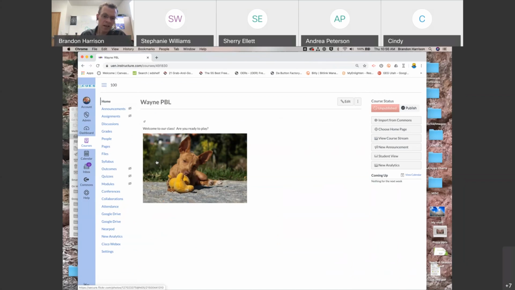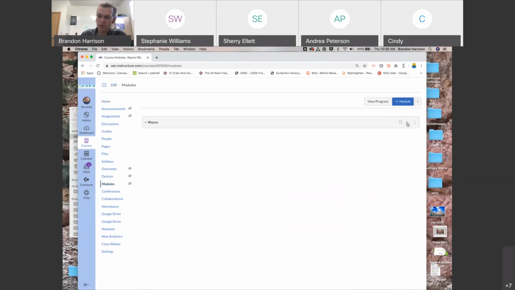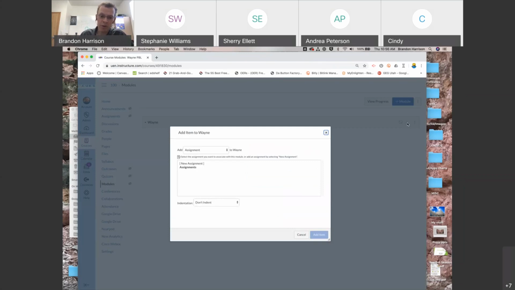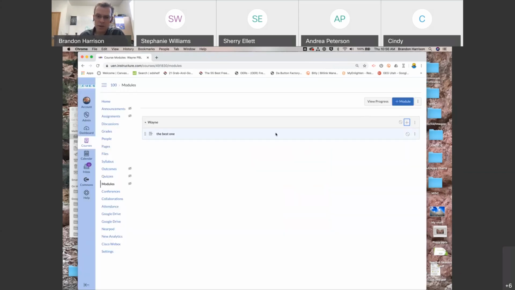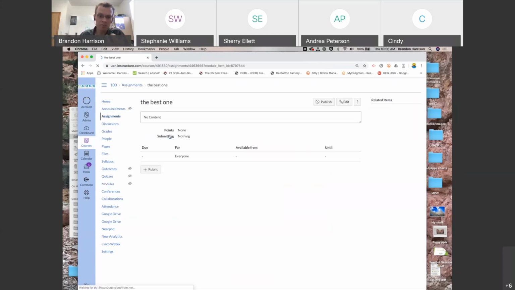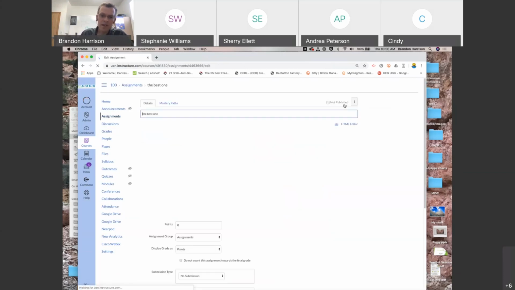So if I want to create a Nearpod, I can go through my modules, or I can go through an assignment. I have a module created. I want to create an assignment within my module. I create my assignment. I open it up. I can create the assignment any way I want. Edit. If I'm editing my assignment,